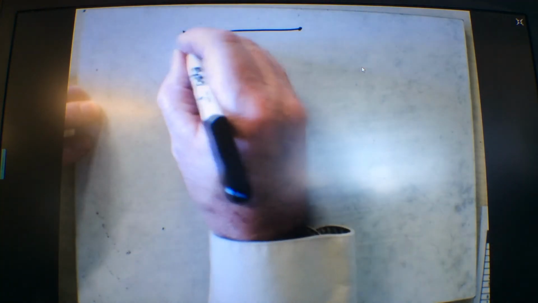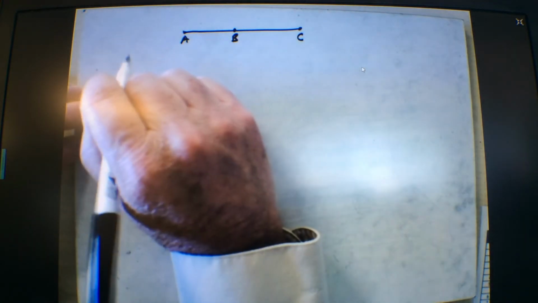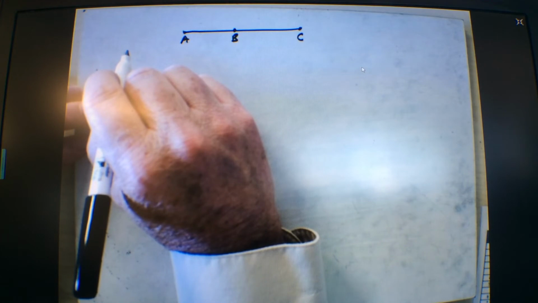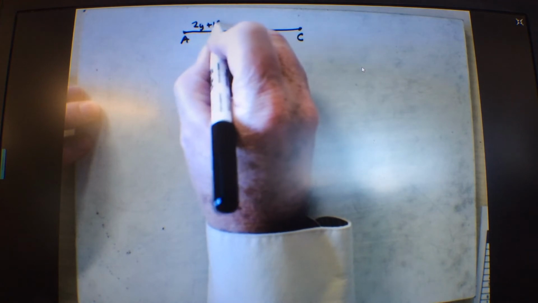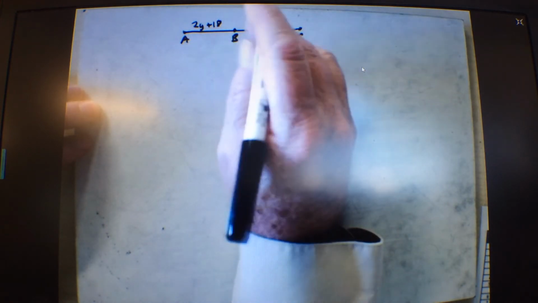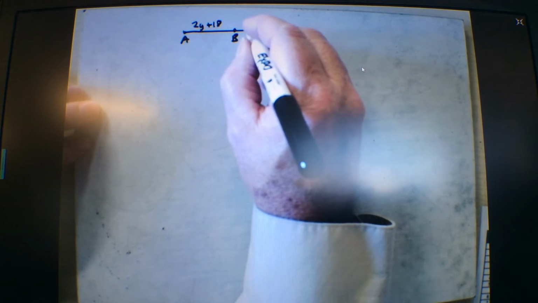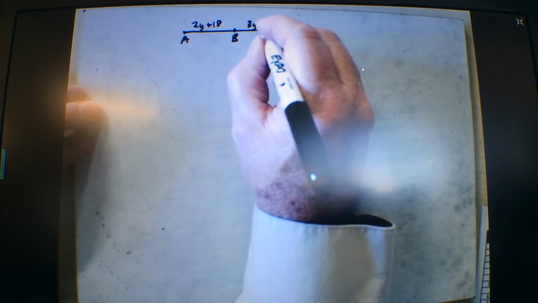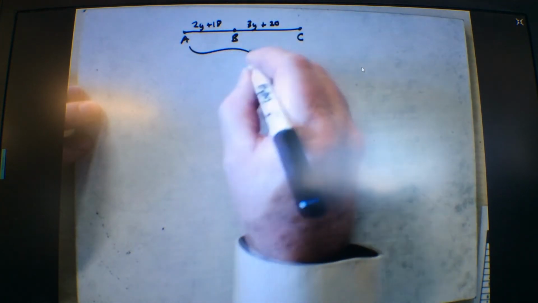So, we have a segment like this, and we say this is A, this is B, and this is C. And we know that this is 2y plus 18, and this is 3y plus 20, and the whole thing is